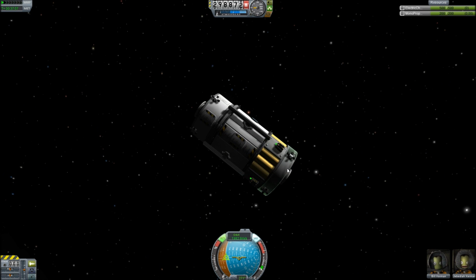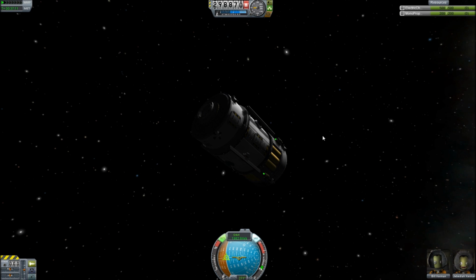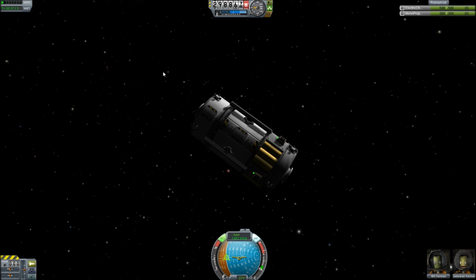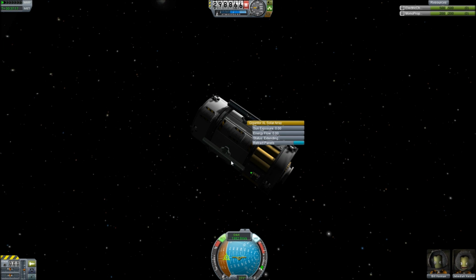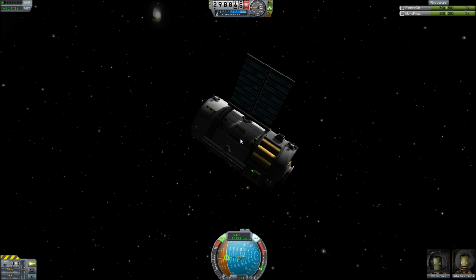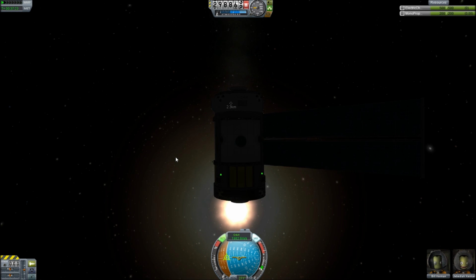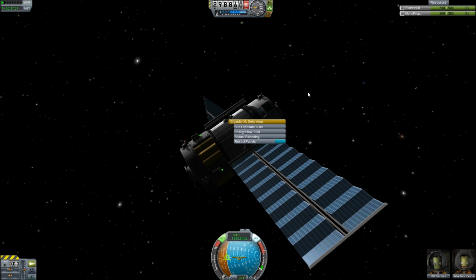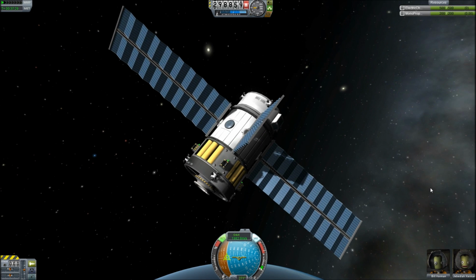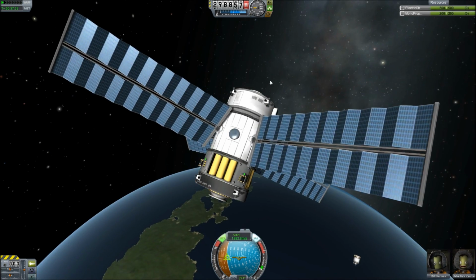RCS, SAS, got a docking port here. Docking port here. I gotta unfurl these guys. These are my solar panels. I don't have really anything to use my solar panels on, to be honest with you, but I've got them anyway for all my electricity needs. So we have more power than I will know what to do with. I've got 500 units of power available to me,